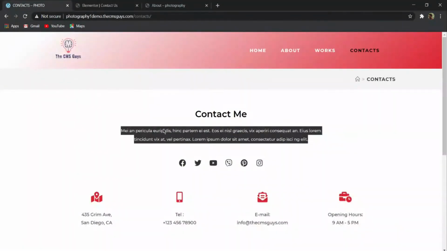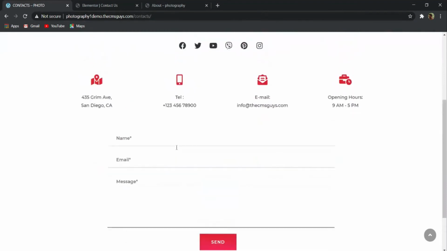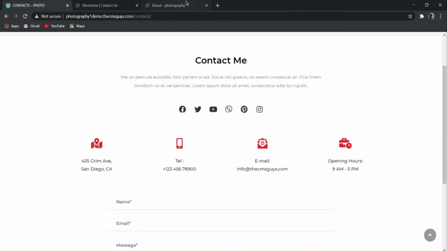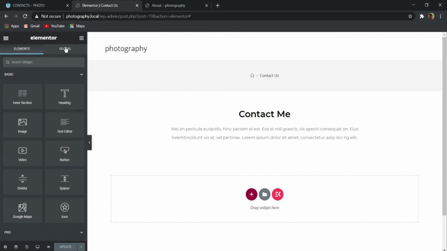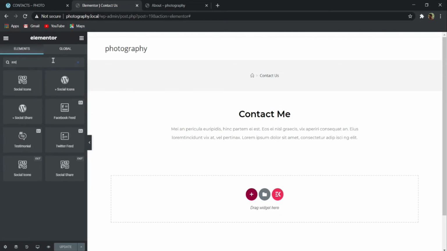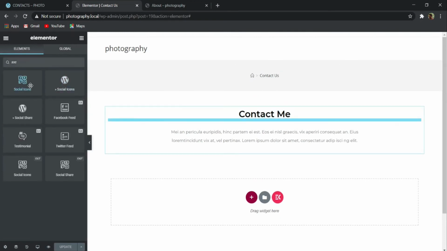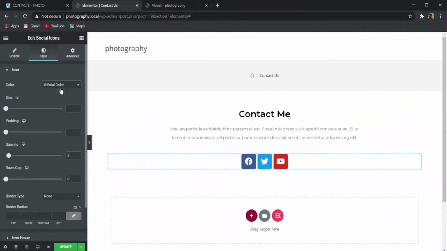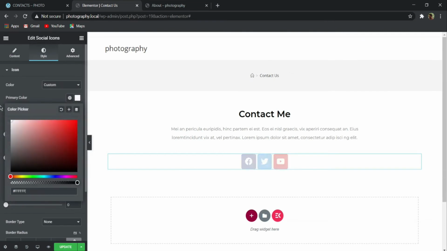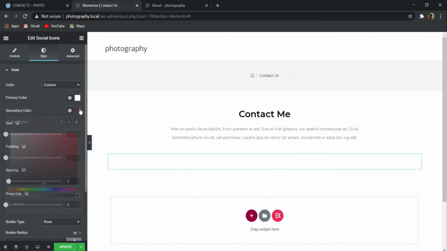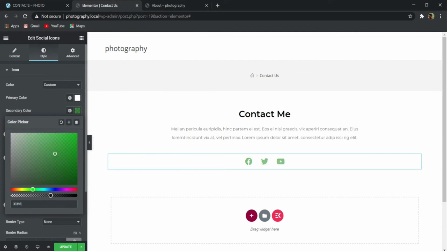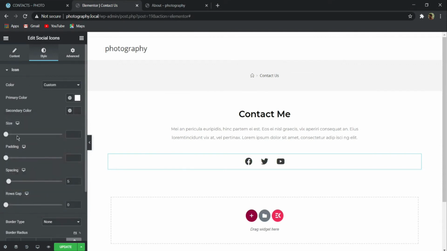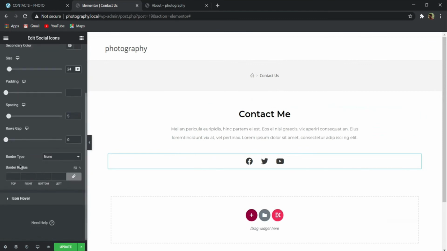So now the main thing is that we have to create these social icons over here. So for this again I will click on this 9 dot, and here I will search for social icons, and simply I will drag it under this text, and then go to the style section. Here I will make this custom, and primary color I will give white, and secondary color I will give 393939, and then let me select size, and let me give a size of 24 pixel,